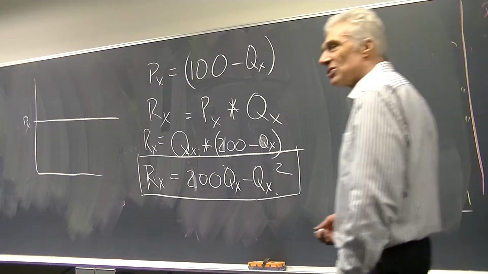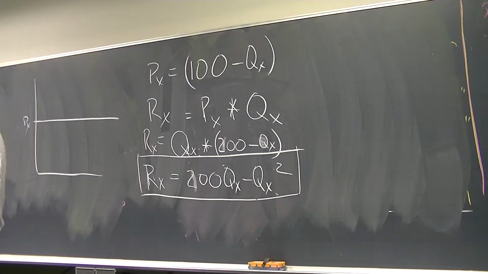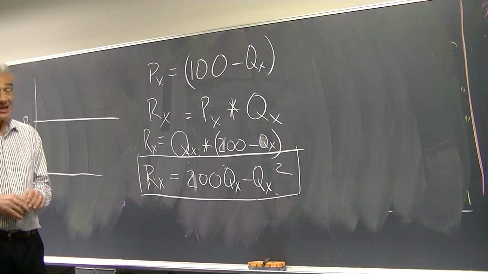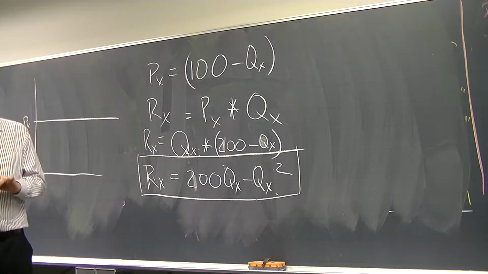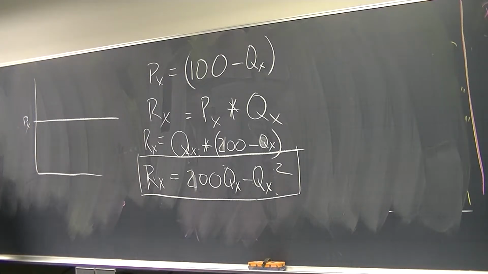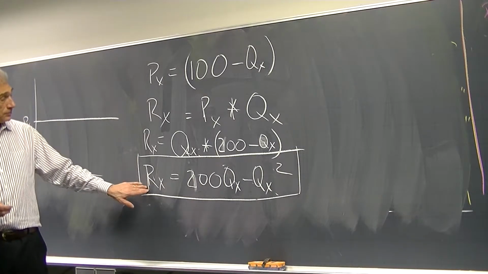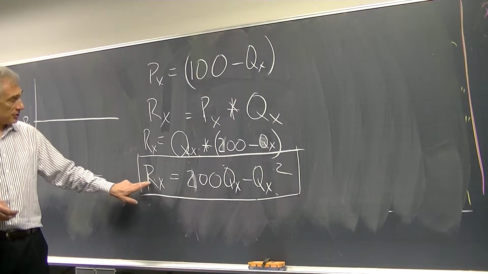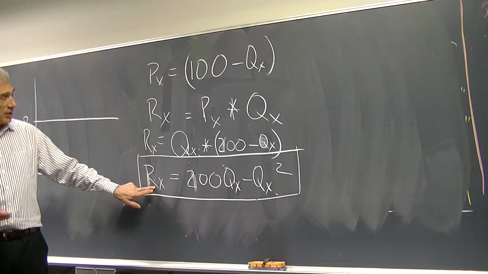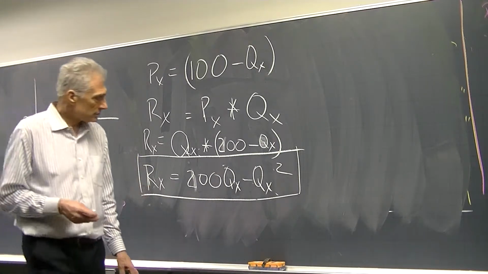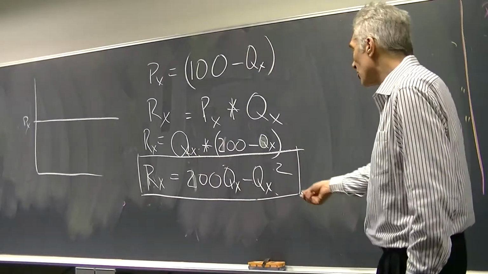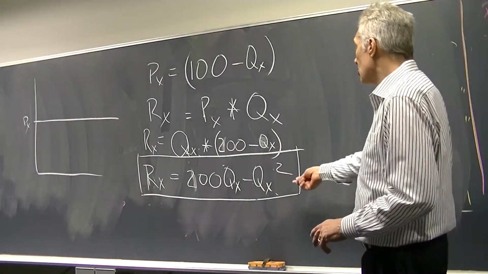But I just want to be consistent. So if you go back to your notes and say, wait a minute, he didn't do the same, he did it differently, what's going on? I don't understand it. So we do have to be consistent. That's why I'm trying to make sure I'm consistent here. That's reasonable, because when you're trying to get all this straight, I have to make sure I'm explaining it in a way that makes sense when you go back. So here is the firm under monopoly: 200 Q_X minus Q_X squared.